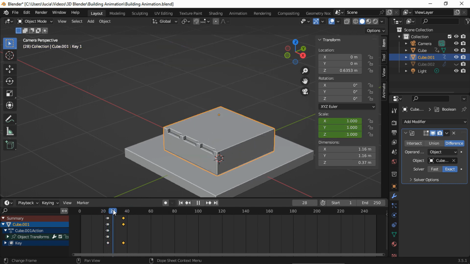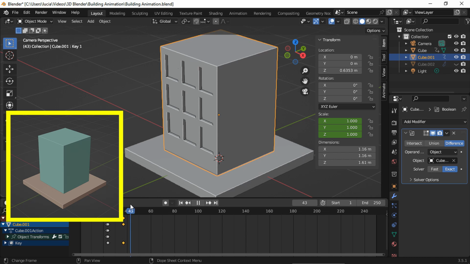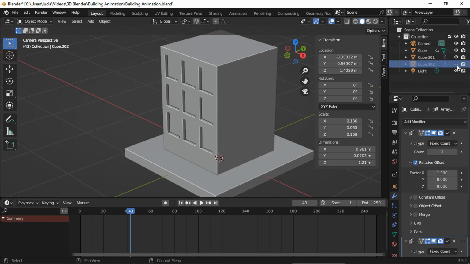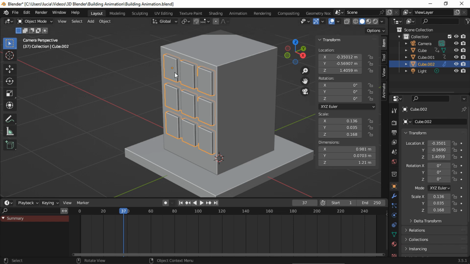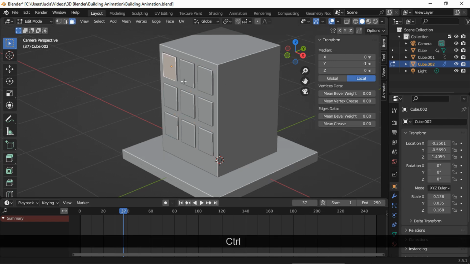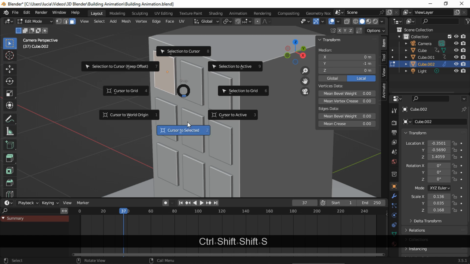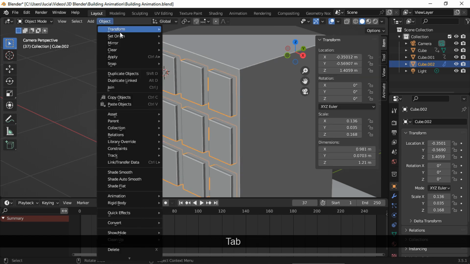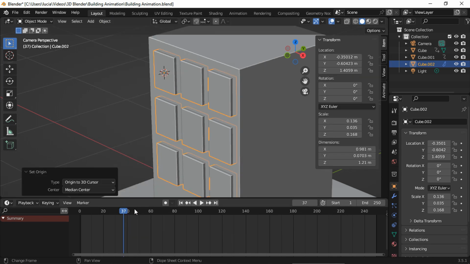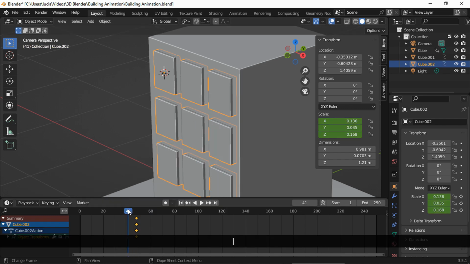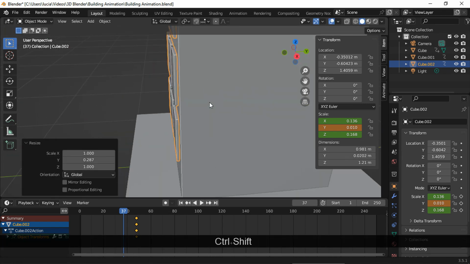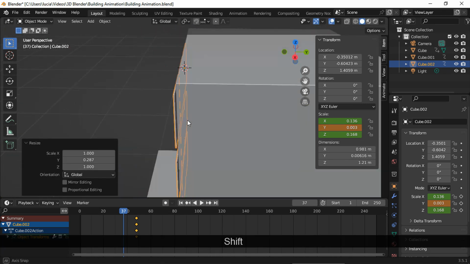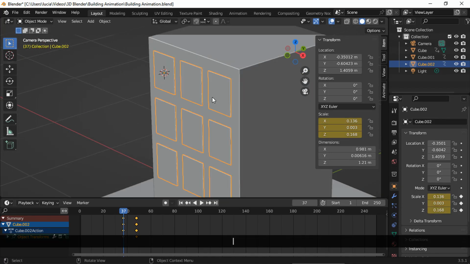You could leave it at that, but if you'd like the holes to be animated as well, we could animate the Boolean objects using shape keys like we did for the building, or using the basic transformation tools, which is what I did. Now we need the origin to be in this outer face. In frame 48, insert a scale keyframe. Choose the frame where you want the animation to start. Scale the rectangles down on the y-axis until they are no longer touching the building, and insert a scale keyframe.